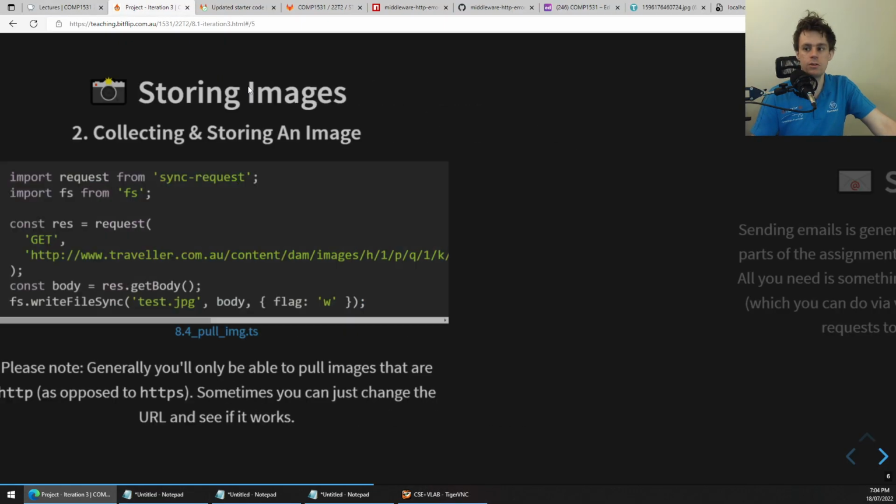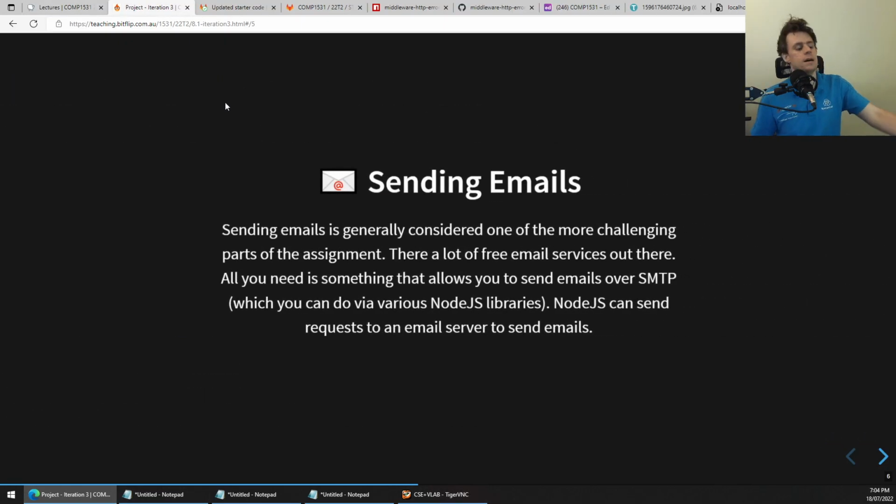That's that part. The third part is sending of emails. Now, this one is one of the harder ones in the sense that we don't want to give you a huge helpful tip with this, because that takes away some of the challenge. But what we can say is that sending an email is not a programming activity. It's not that you have to go and write some code to solve problems and send an email. Sending email is actually just something that you need to look around the internet